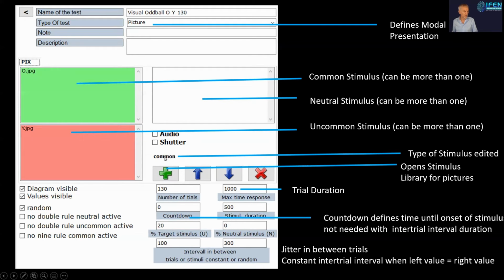Here we clicked on the green box, and then we select the stimulus for the common stimulus. If we click on the red box, we select the stimulus for the uncommon presentation, for the rare stimulus. And if you click inside of the white box, you can then select and choose a picture or a stimulus from the library, which then will present